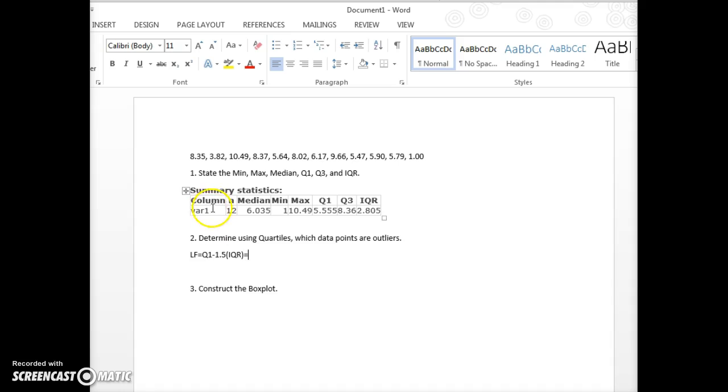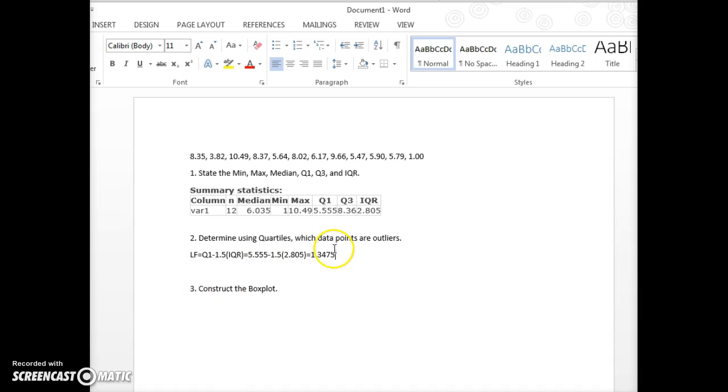Using the numbers above, Q1 is 5.555 minus 1.5 times the interquartile range, which is 2.805. And putting that in your calculator, we get